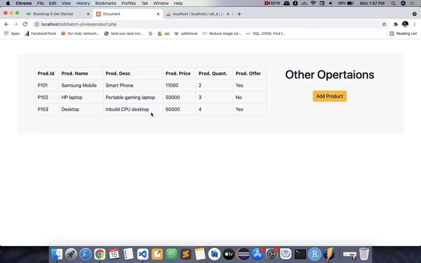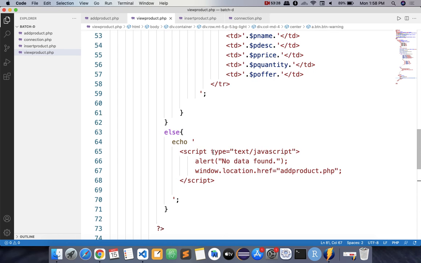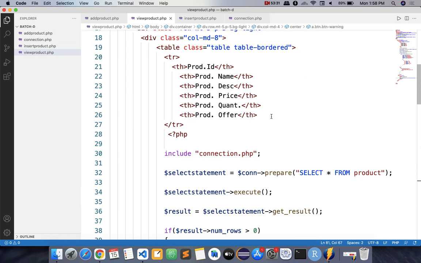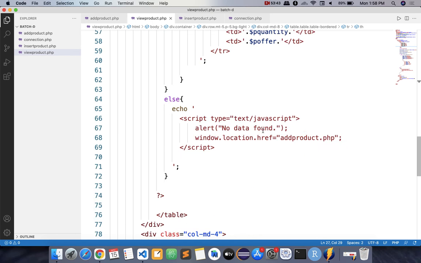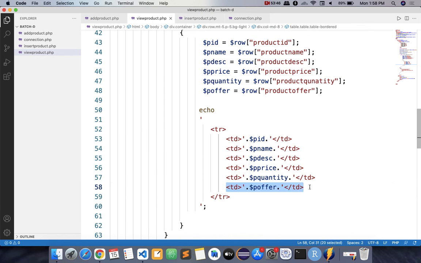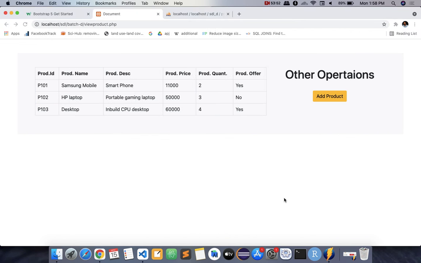Okay. Now we want to delete the data, right? Okay. पोस्ट ऑफर के सामने और एक कॉलम. So you are going to add one more column here. We'll display one button that deletes this record, so that row should be deleted. So where will we do that? In the view product. Here we'll add one more column, and here we'll provide an option delete. Okay. So if you are providing a delete there, there must be one column here as well, and instead of offer you will display one message that is delete. Save it, go back, reload and check.